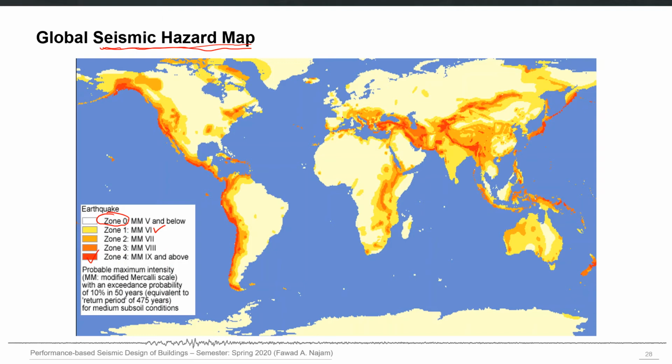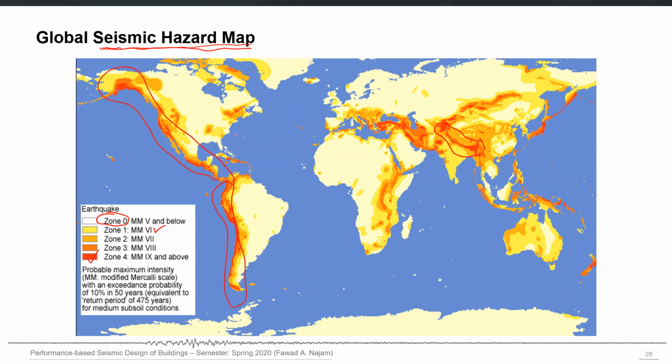So you can see here that certain locations around the world have a higher probability of strong ground shaking compared to other parts of the world. So here you can see this area, similarly this whole area, the west coast in the US, and here also in South America. And obviously you can guess by now that these locations of high expected shaking in the future match the locations of past earthquakes and also the major plate boundaries.